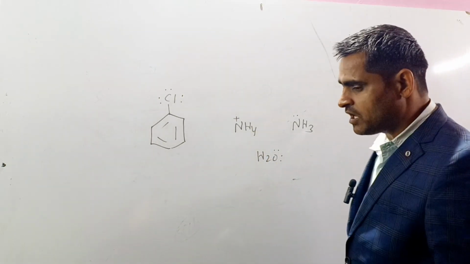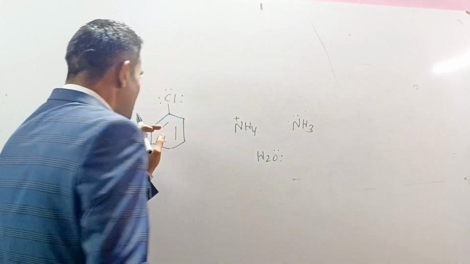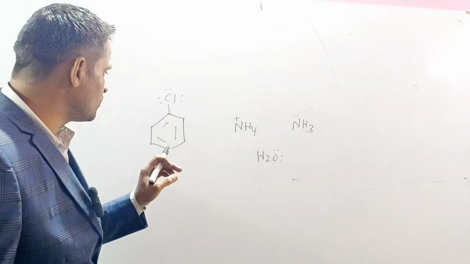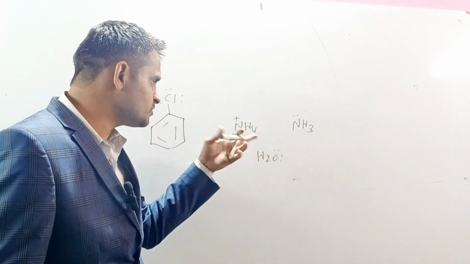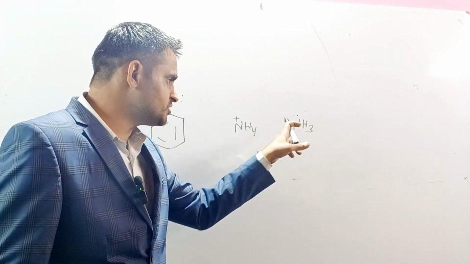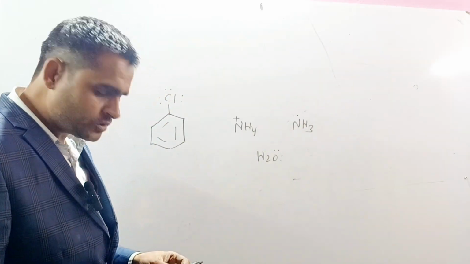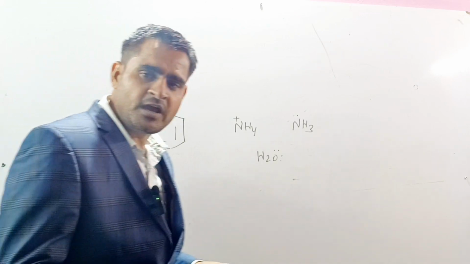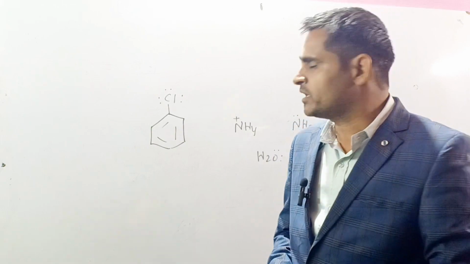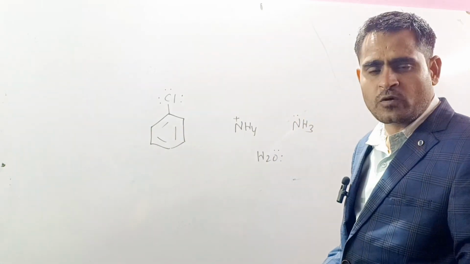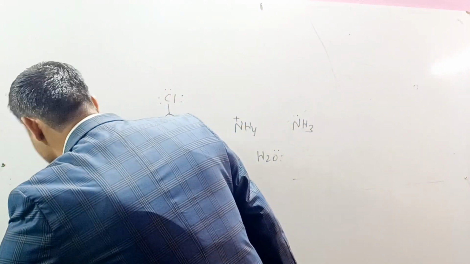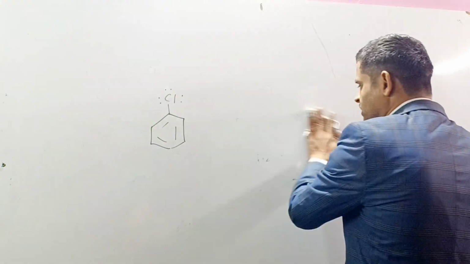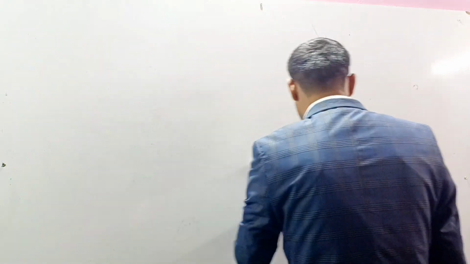A lot of students are confused about how to calculate the number of lone pair electrons. In this structure, chlorine has 3 lone pair electrons, in this structure 2, and nitrogen has no lone pair electron, and in this structure nitrogen has no lone pair electron. So this is a formula. With the help of the formula, we can calculate the number of lone pair electrons in all the atoms. If the formula is set in our mind, we can calculate the lone pair electrons in all kinds of atoms found in the molecule.